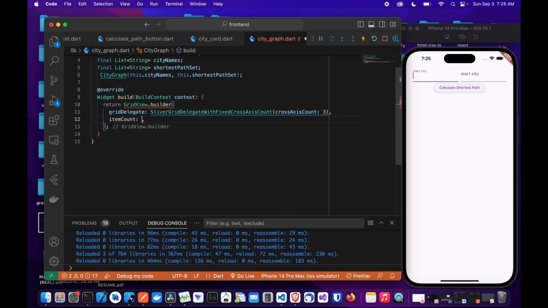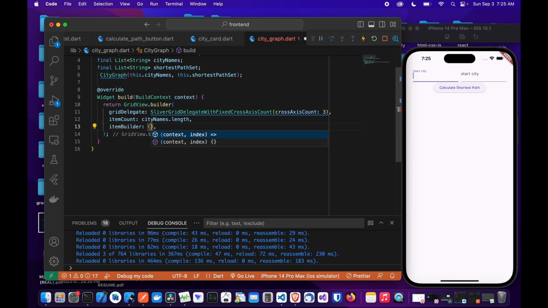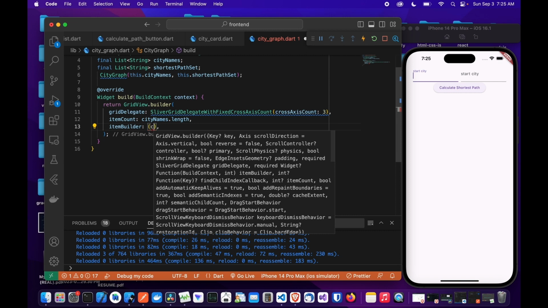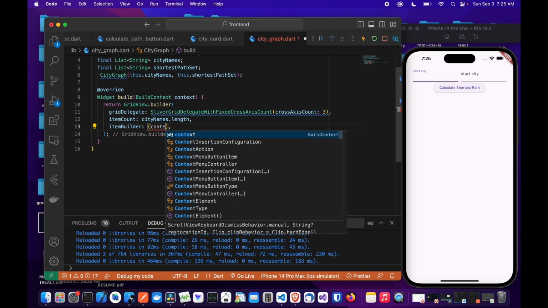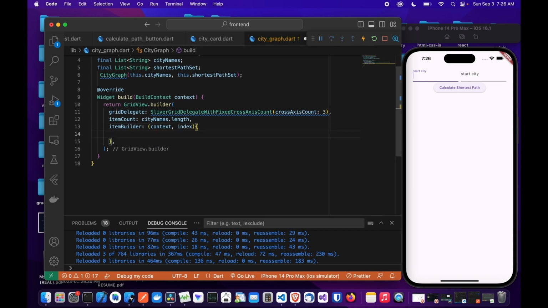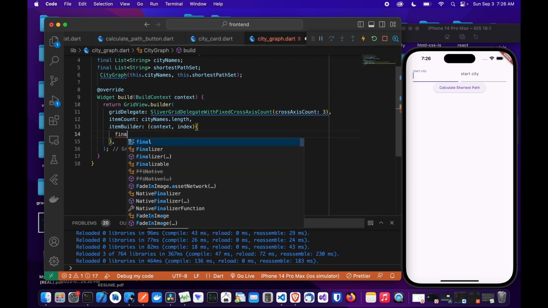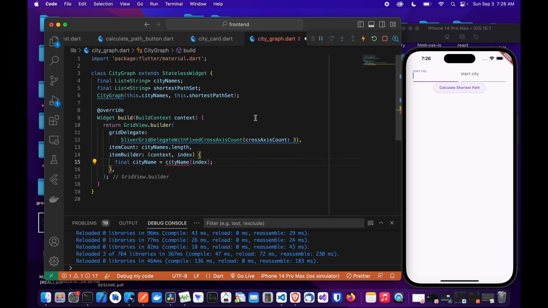Now we need an item count, and the item count is gonna be city names the length. We're gonna have an item builder lastly, and the item builder takes in a function, this context. I think it needs context and the index, and the index is that one right there, but I'm not gonna trust that anymore. So we're gonna have a final city name, which is gonna be equal to city name index. Okay, so we need to pass the index right here,